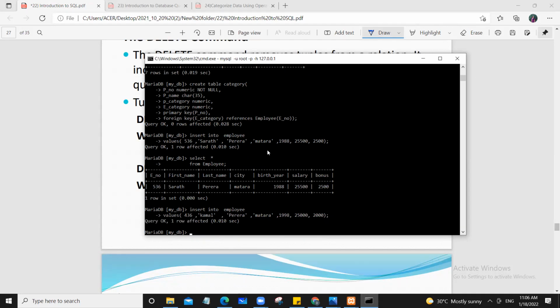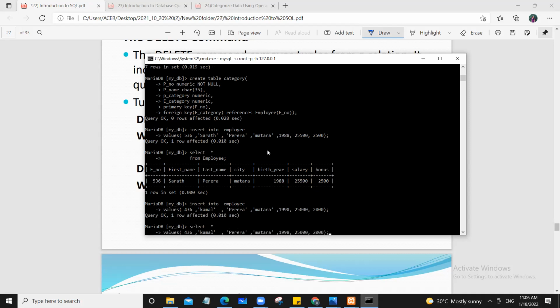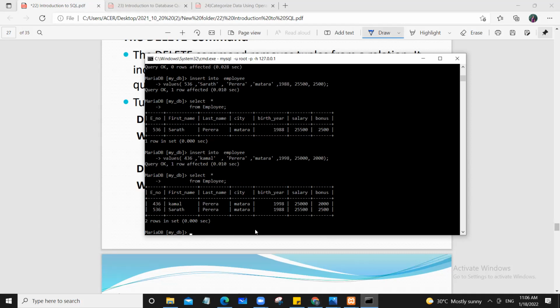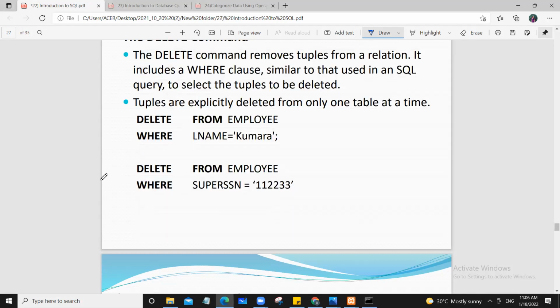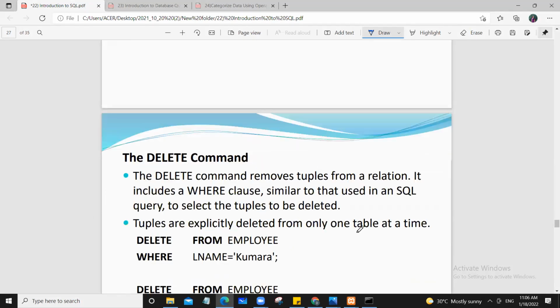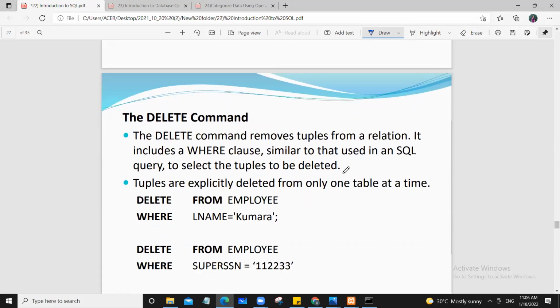Okay, now you can see there are two records available in the employee table. Now we are going to delete the tuple from the database. From a table. So to delete a tuple or to issue a delete command,